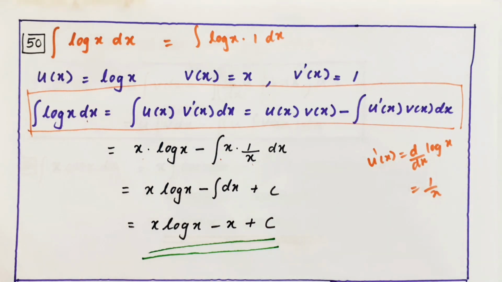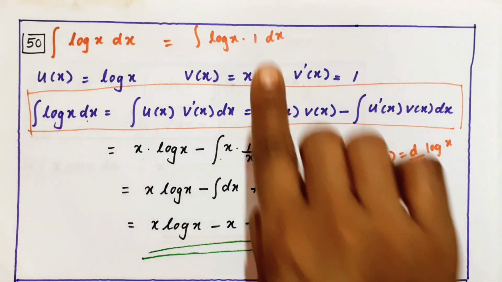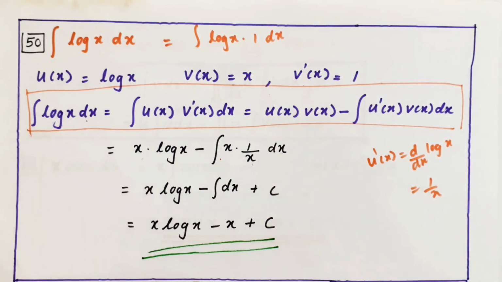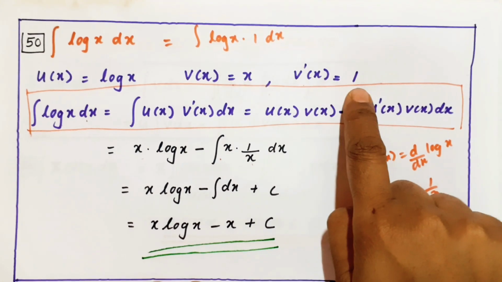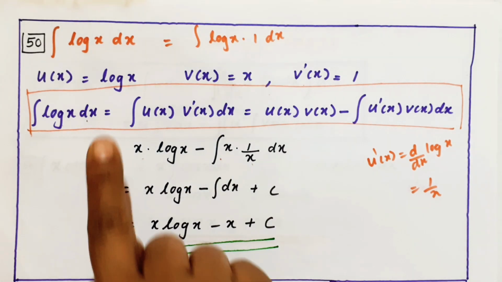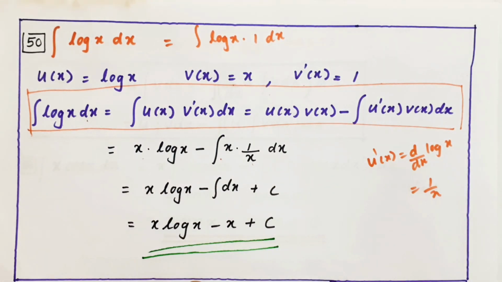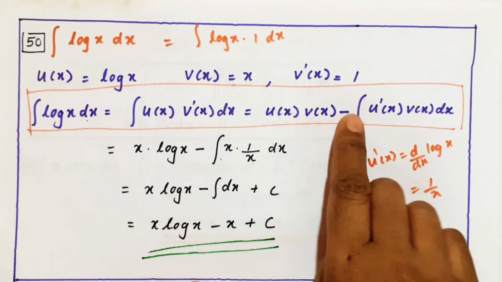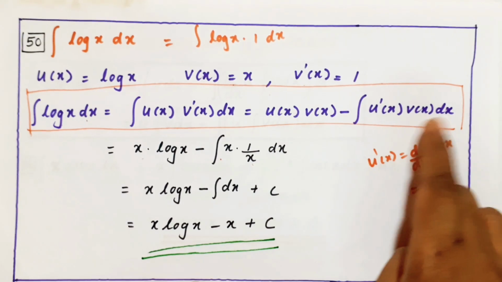I discussed only 3 questions. So this question, integral of log x dx, we get confused. How I did it is, the second term I'm not at all seeing, so I'm just substituting that as 1. Then we are just thinking it back. If v dash x is 1, what is v of x? It is x. Then we substituted in the formula, nothing more: u of x v of x minus integral of u dash x v of x dx.